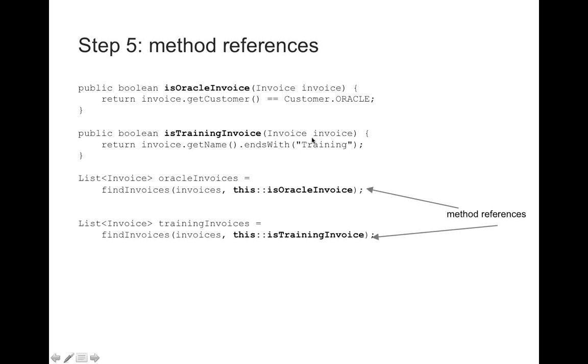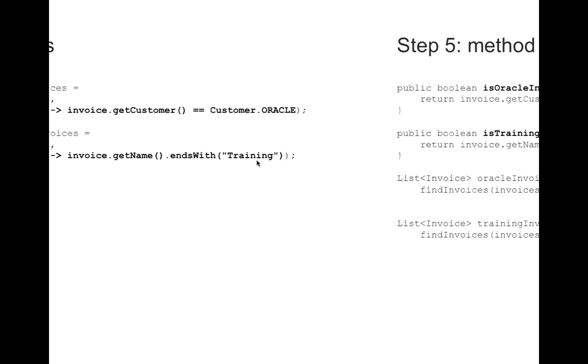So our code is looking a lot more concise now, isn't it? Well, is there anything else we can do? Well, Java 8 also introduced a new feature called a lambda expression, functions as an argument to another method. So the problem with method reference is that if you want to pass it as an argument, or if you want to use it, you need to have that method declared. So we had to declare a new method called isOracleInvoice or a new method called isTrainingInvoice. And in cases where really you just want a little throwaway piece of code, then it's not very convenient to have to